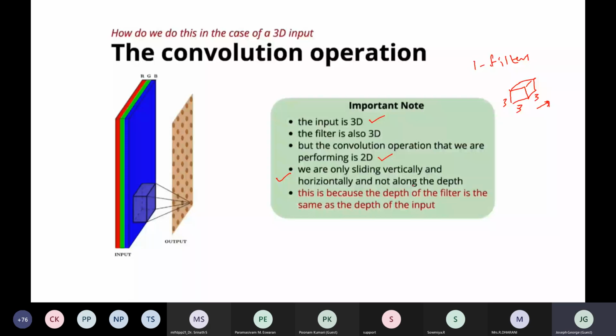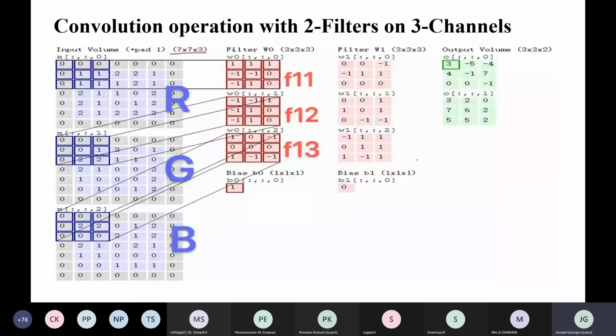So here in this case, you can see the input image is color. So we have 3 channels, red, green and blue. Here we are taking 2 filters. This is filter 1 and this is filter 2. So as I already discussed, the depth of the filter will automatically change to the depth of this input image. So here the depth is 3, so automatically the filter depth will change to 3.